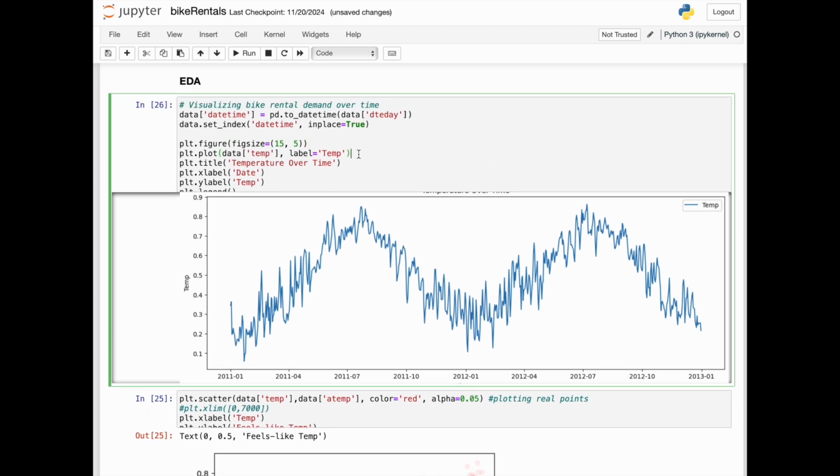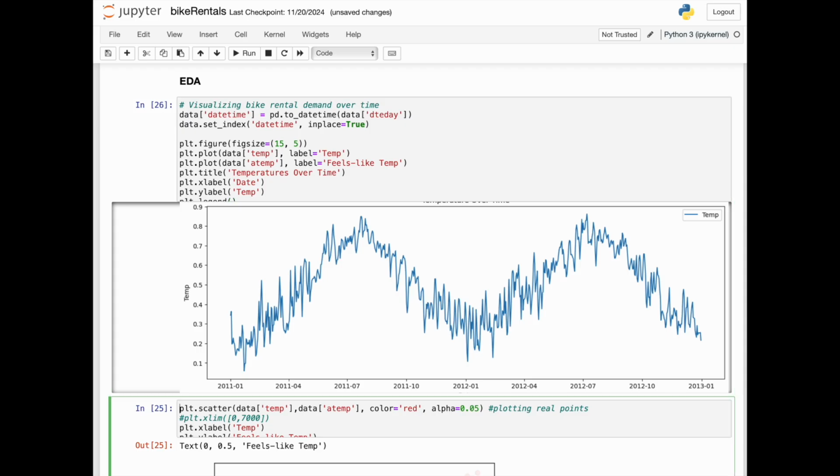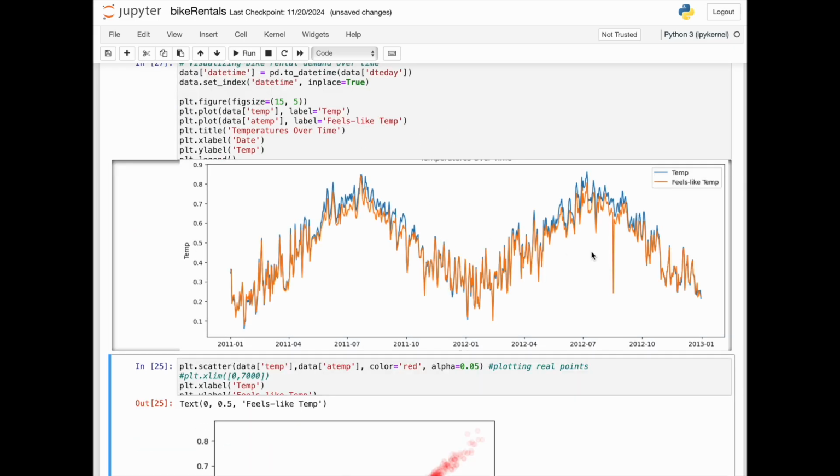Let's try and plot atemp in this plot as well. So let's put in another plt.plot call, give it atemp, call it feels-like temp, temperatures over time, y label stays the same, and we run it. Now we see perhaps it might be a good idea to add a bit of transparency. Let's add alpha at 0.5,